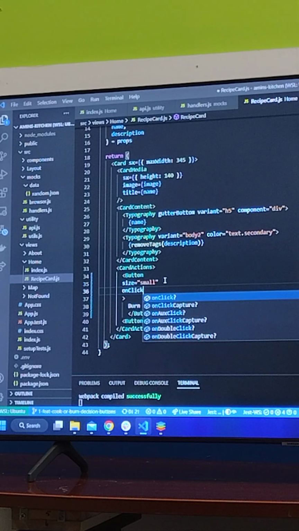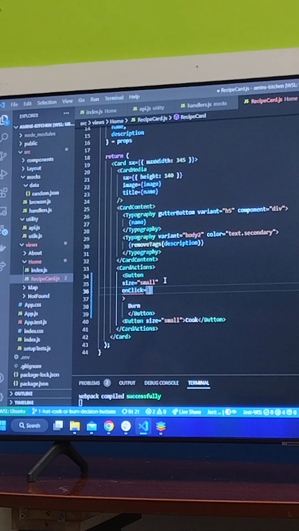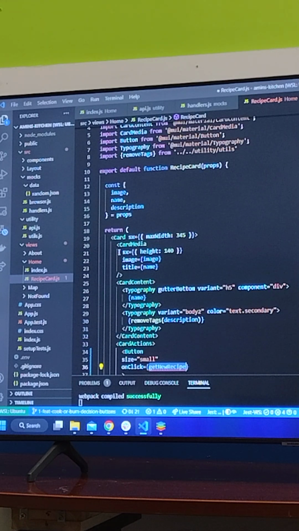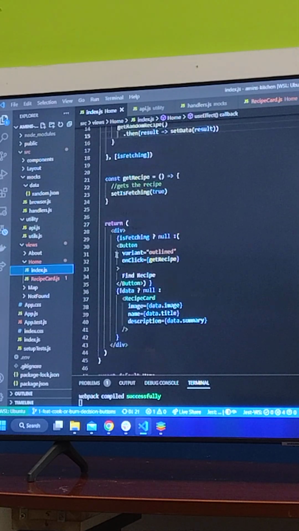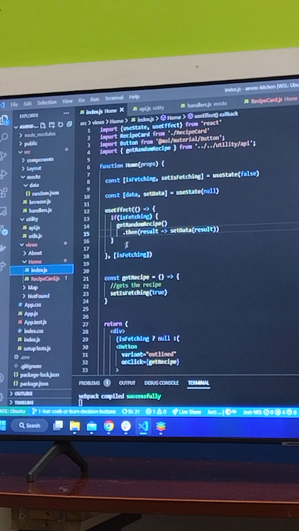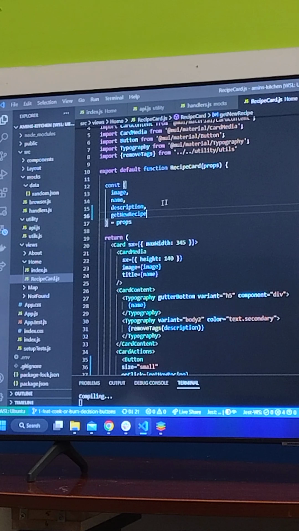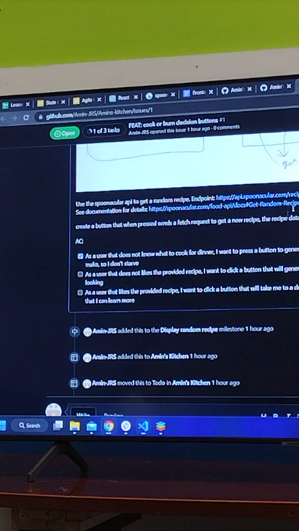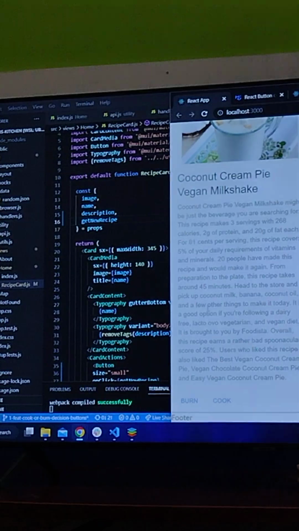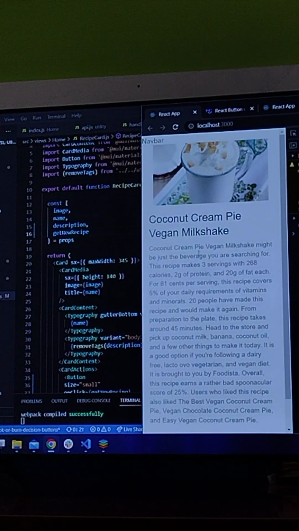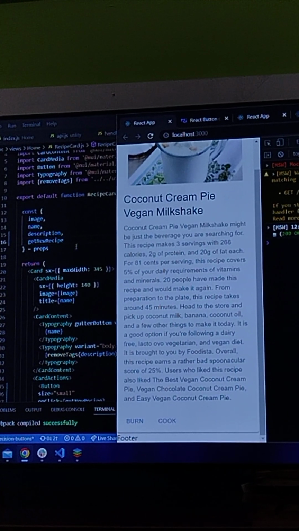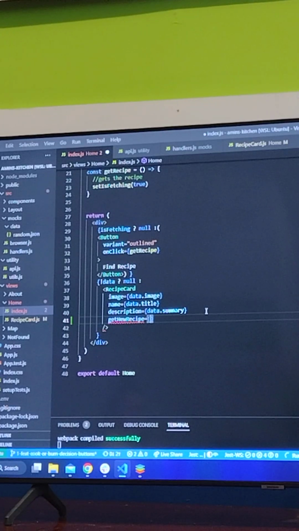So I'm going to create an onClick. We say onClick, we want to getNewRecipe, right? And then where's our actual fetch request? It's not inside the card, but it's inside our home page here. So I'm going to pass that in as a prop. As of right now, we go to the page, find recipe, we click the burn button, it does absolutely nothing. But inside our index.js, we can say getNewRecipe, and we can make that equal